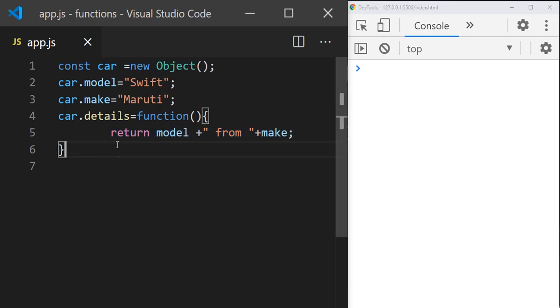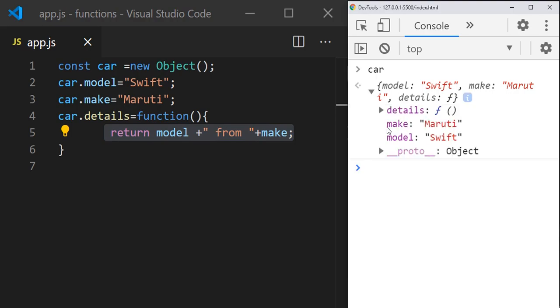We need to check car.details and add the function to this. Whenever we add a function as a property to the object, it is called a method. So we need to call details as a method. Let's see whether this will return the value correctly or not. If you print the car, the make property is there, the model is there, and now the details function is added, again nothing but a method.